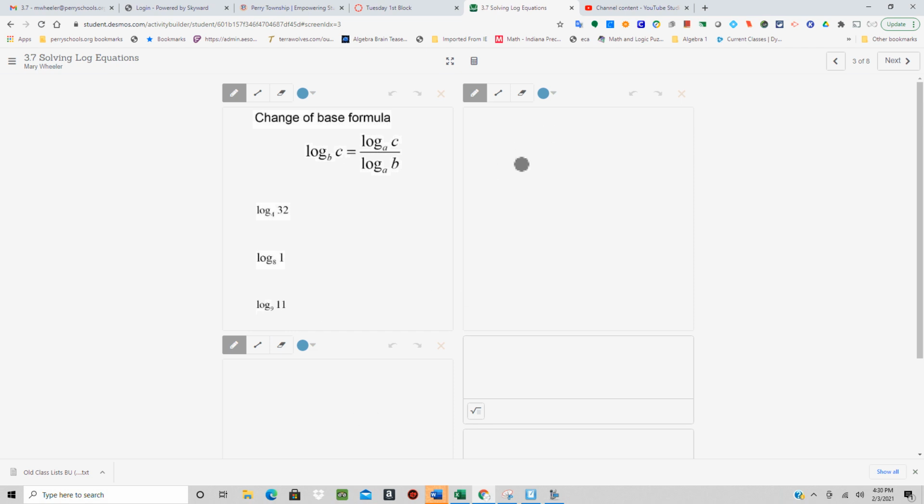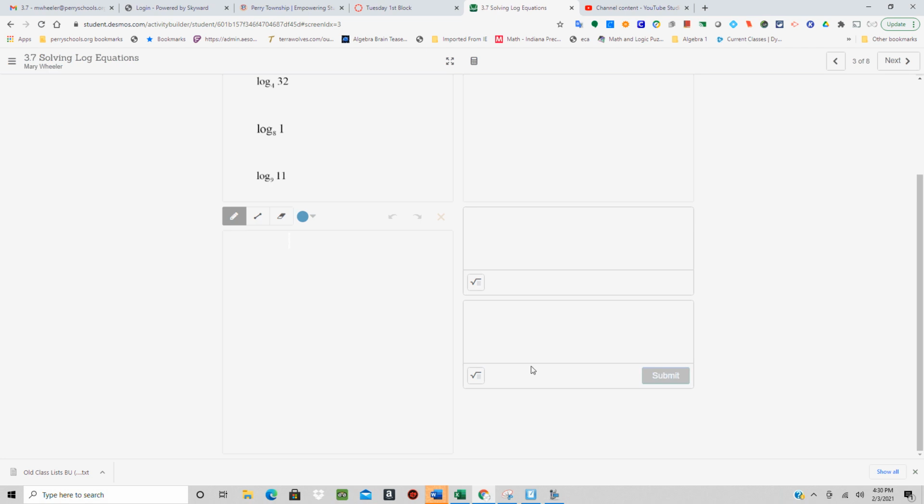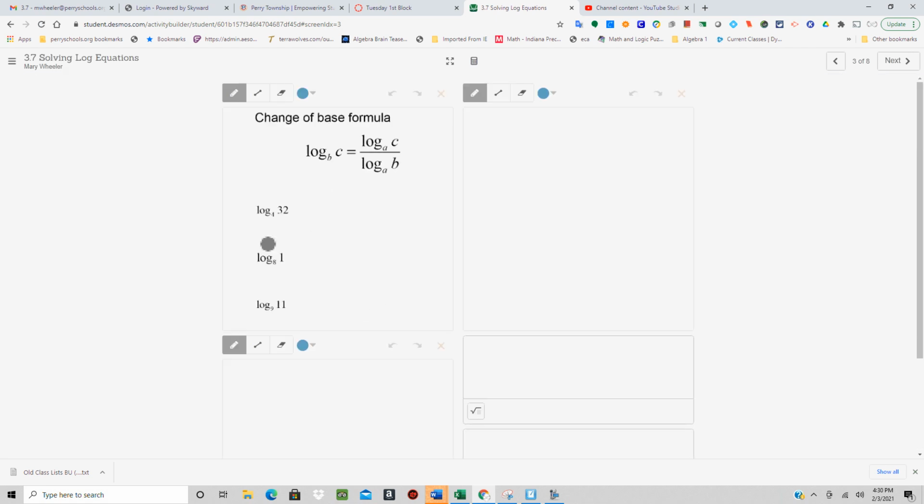So I left a couple areas here for workspace. If you want to do some typing, you do have some space to type. That square root can do math type. So what this formula is saying is I can change that base, which here is b, to a different base, which is a, which is usually going to be the common log. What I'm taking the log of goes on top. What my base is goes on the bottom. So this is going to be log